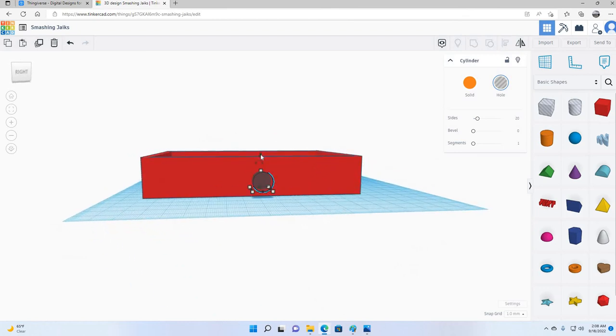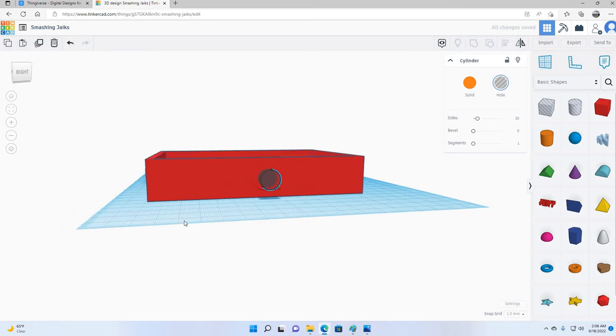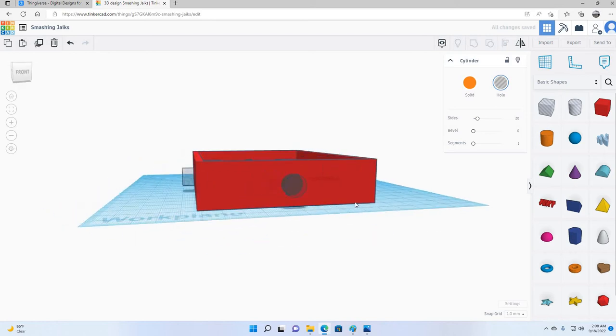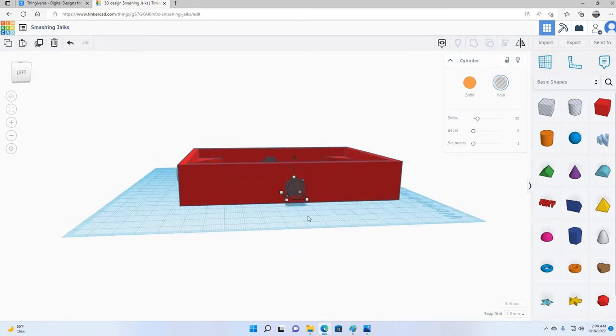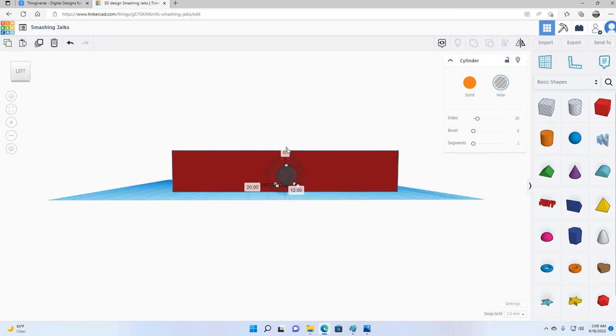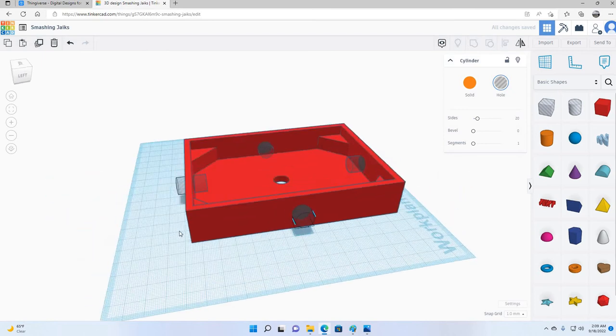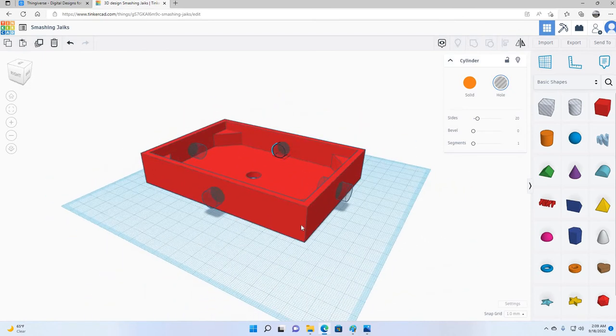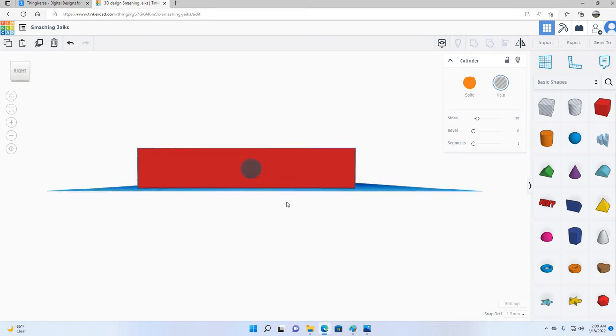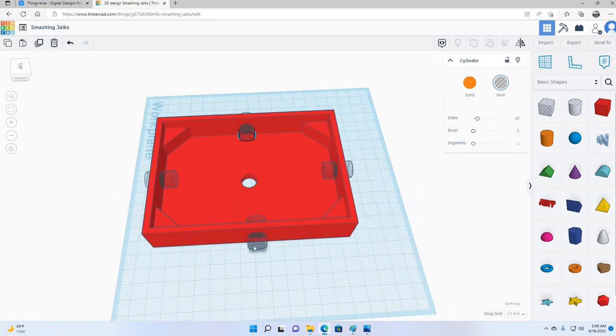And now, I need to make sure that I'm sitting at 6. Nice number that I like. I think it will work out okay. So there we go. How are we doing on the centering? Looks okay there. Looks like we might be off just a little bit here. So